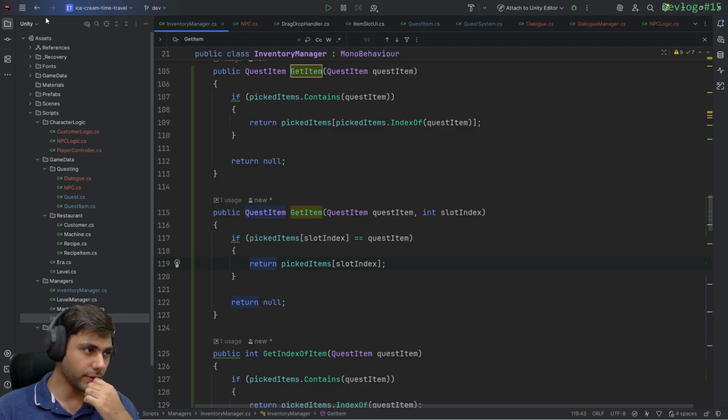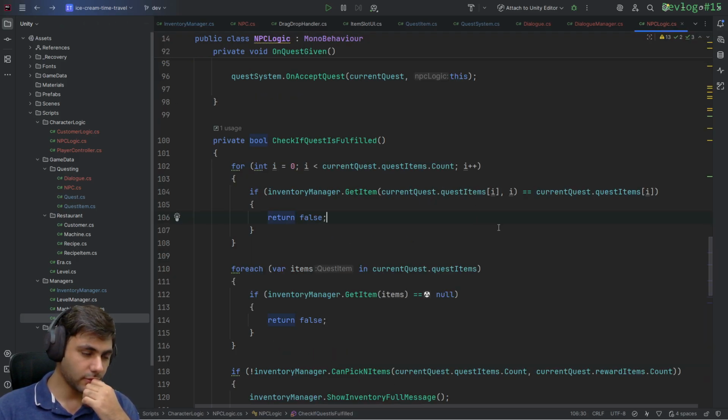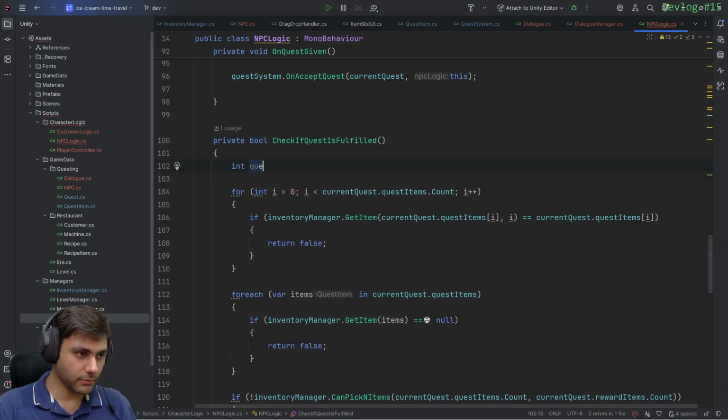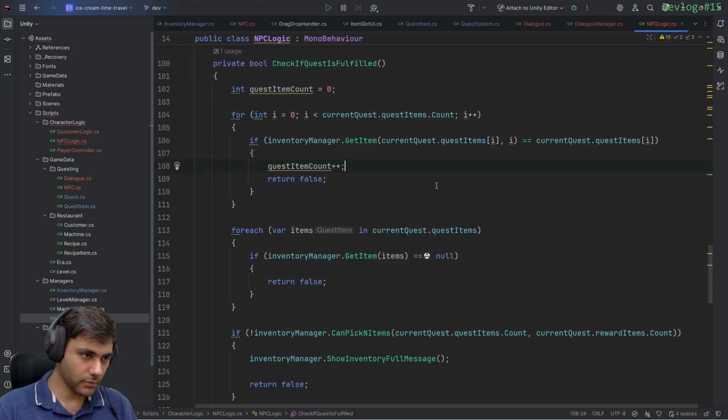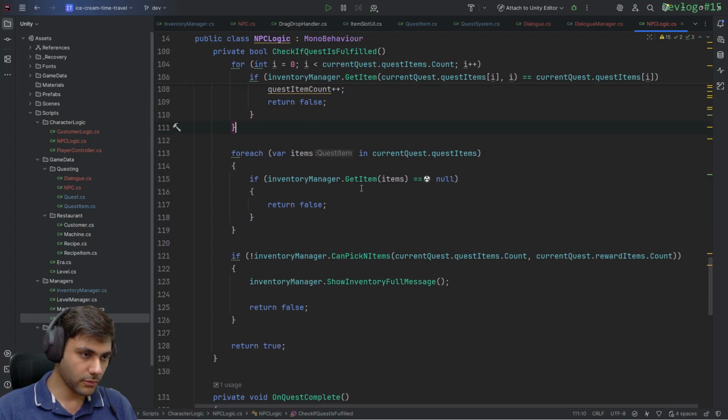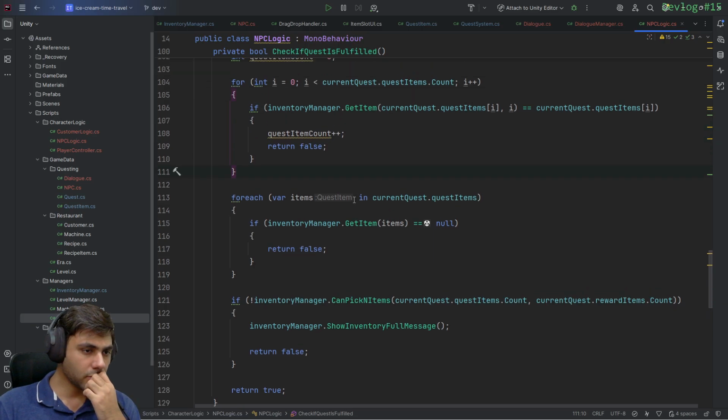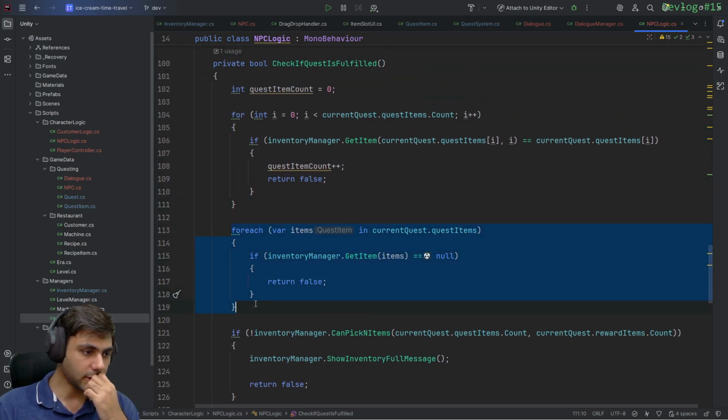I don't need this function over here because increment